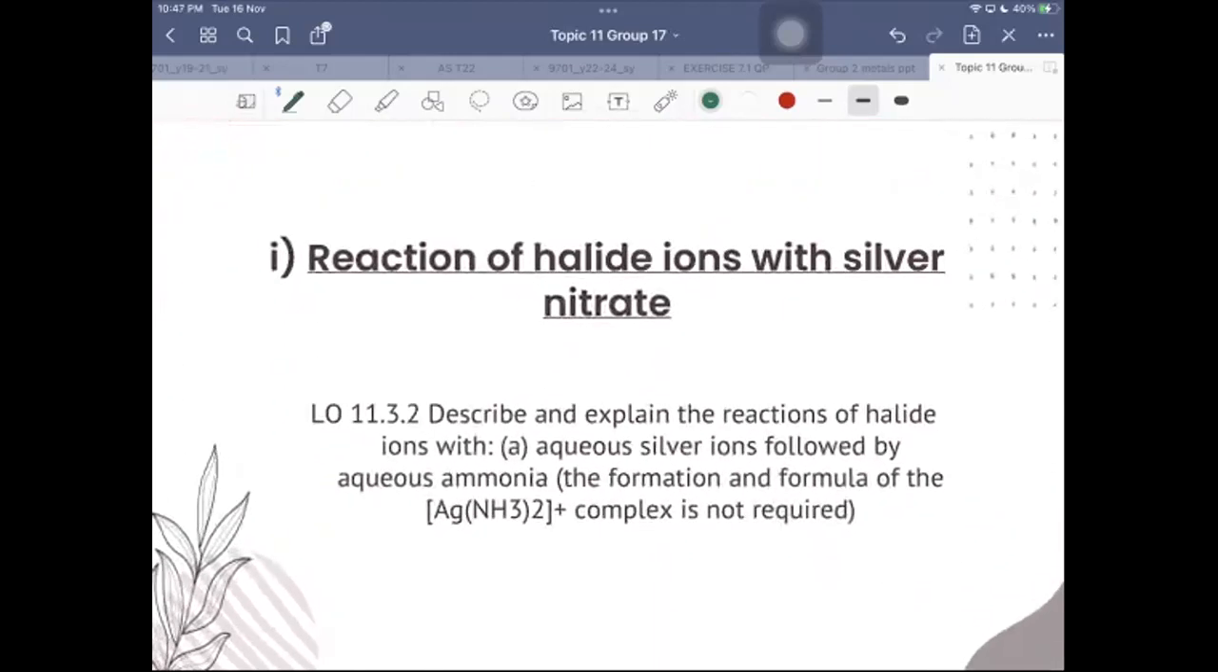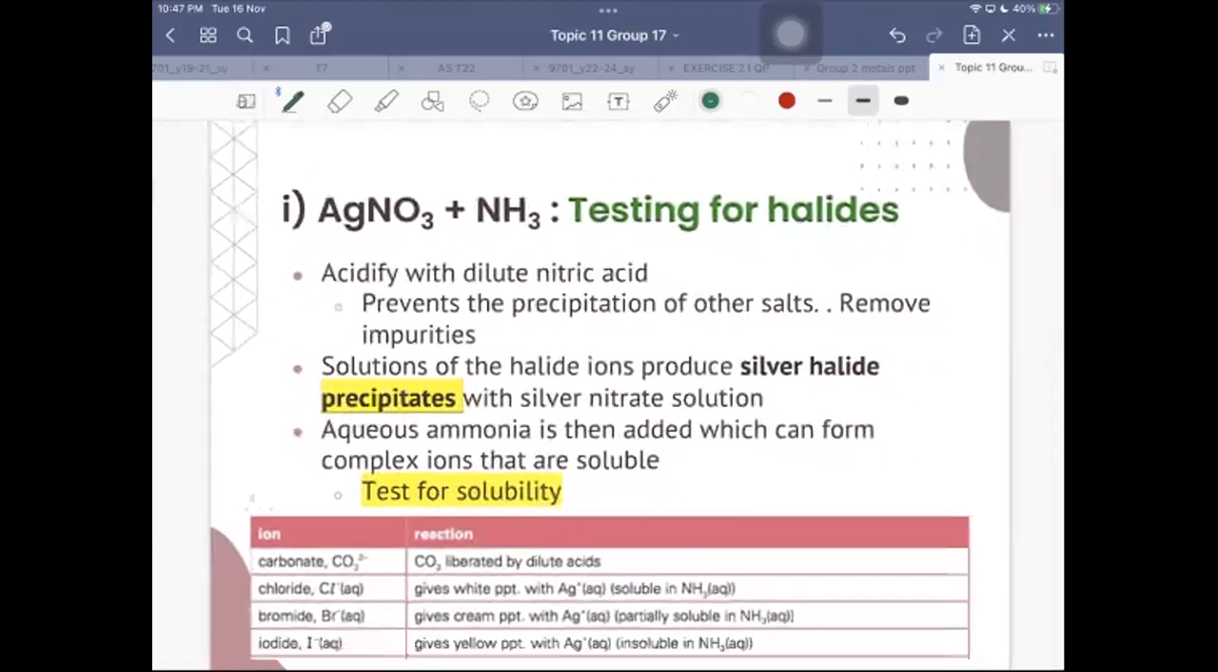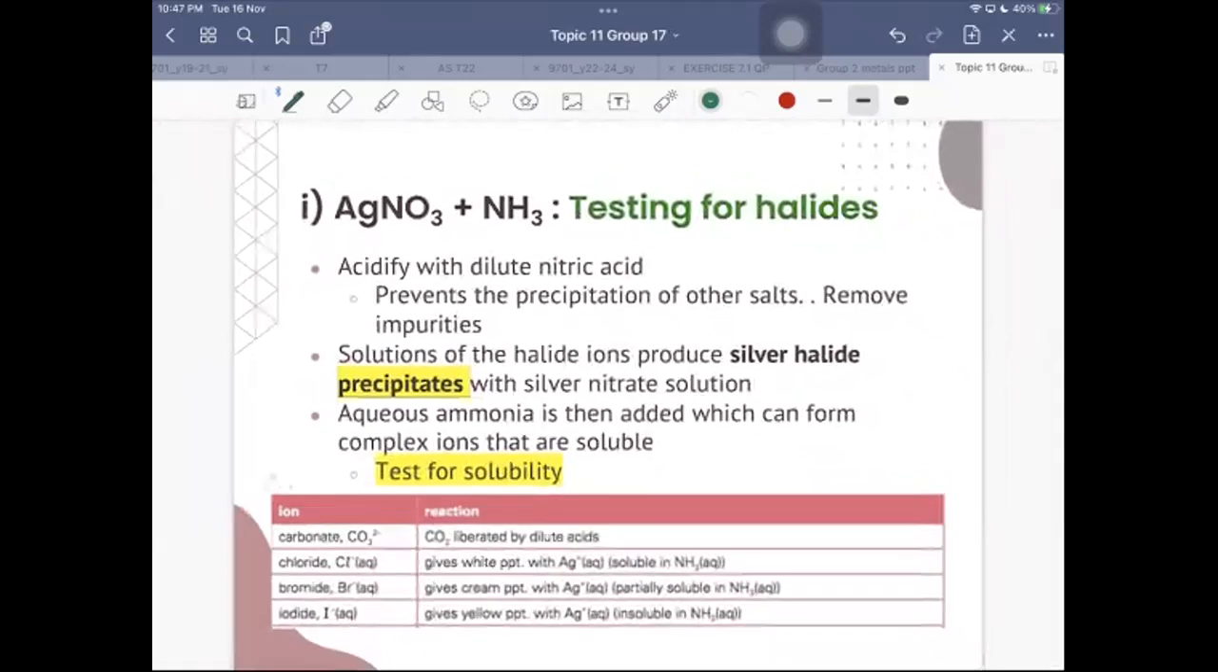Okay, so describe and explain the reactions of your halide ions with aqueous silver ions, followed by aqueous ammonia. Not sure if anyone is already getting an idea of what kind of reaction this is, but this is actually your qualitative analysis test. This is usually question 3 in your practical, where to identify your chlorides, bromides, or iodides, you add silver